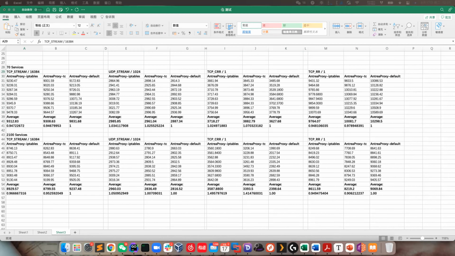This is the latest test data. When testing these two group data, with Antrea Proxy, kube-proxy is removed, and for every case I have tested 10 times and removed the highest and the lowest one. We can see that when there are 70 services, for Antrea Proxy implemented by iptables, or Antrea Proxy implemented by TC,